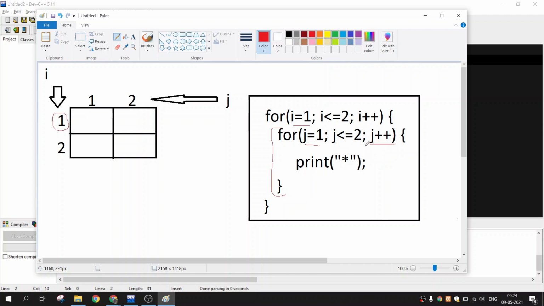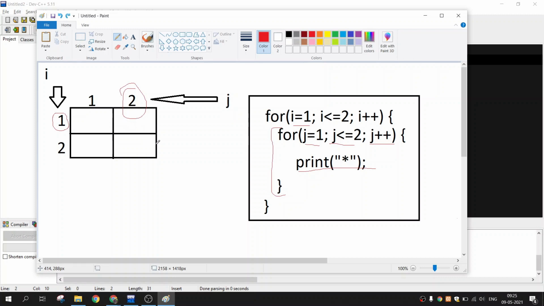After incrementing, the for loop checks the condition again. So 2 is less than or equal to 2, yes, the condition is true. After satisfying this condition, we print the star. The current value of i is 1 and j is 2, so the next star will get printed here.